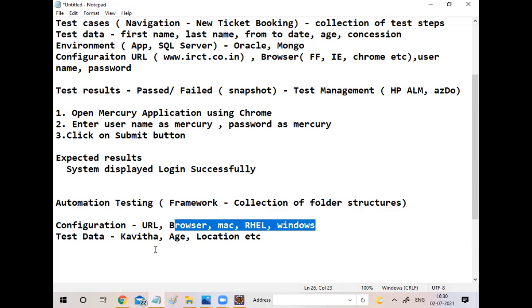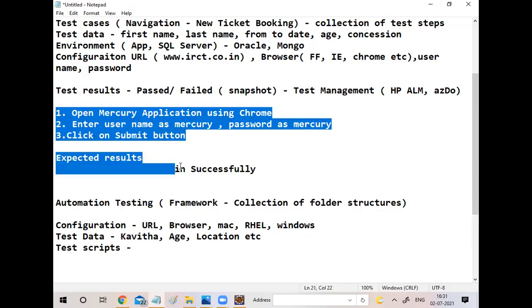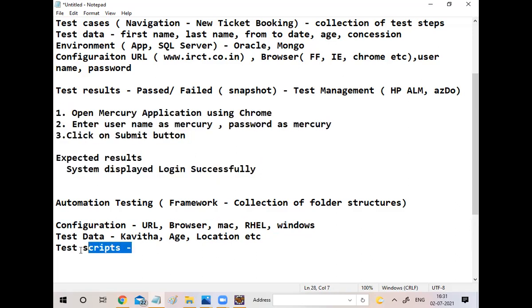Again, next one is test case. Here the term we use is test scripts. Test script means whatever manual steps we have written, everything we need to keep in the test scripts. But we are not going to write it as it is.